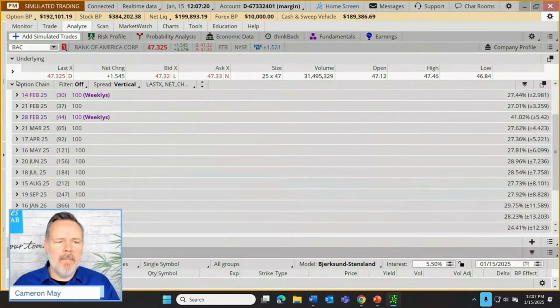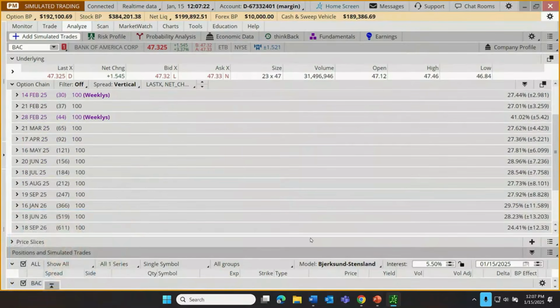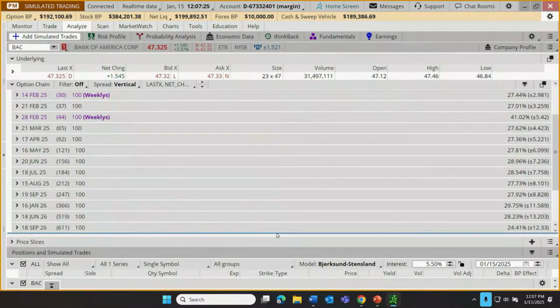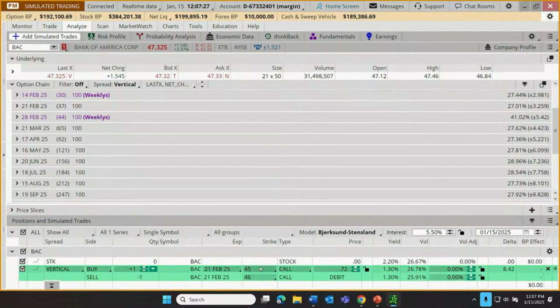Now, as I close up my option chain, I can look down below. It's a little bit compressed. Let me click on the little margin here and drag up here. As I drag that up, you'll see this has created more space at the bottom, and kind of tucked away down there at the bottom is this example trade to buy the one call, sell the other call, creating the vertical spread. And how about we just lock this in? Let's click on the lock here to make sure that the anticipated cost of this debit spread doesn't change while we go and use the risk profile tool to start to sort of take it apart, see what kind of potential it has.